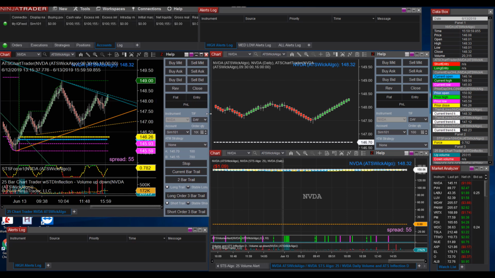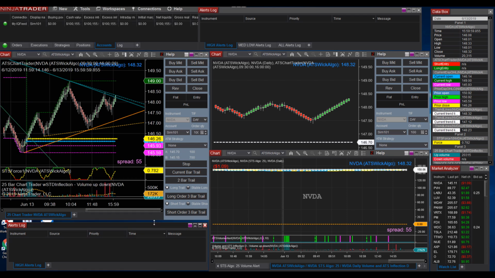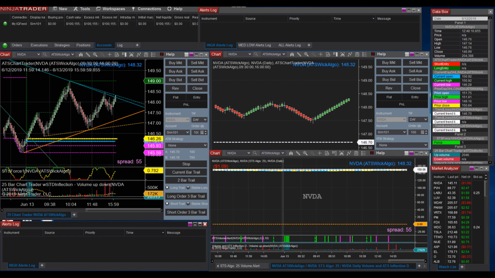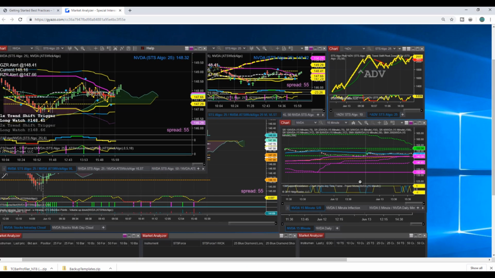But you just kind of move your stuff around, work it to suit your needs. And then your alerts that go off, they end up here. Now the alerts in this 2 monitor, they're over on the other screen. There's a quick screenshot of that 4K monitor